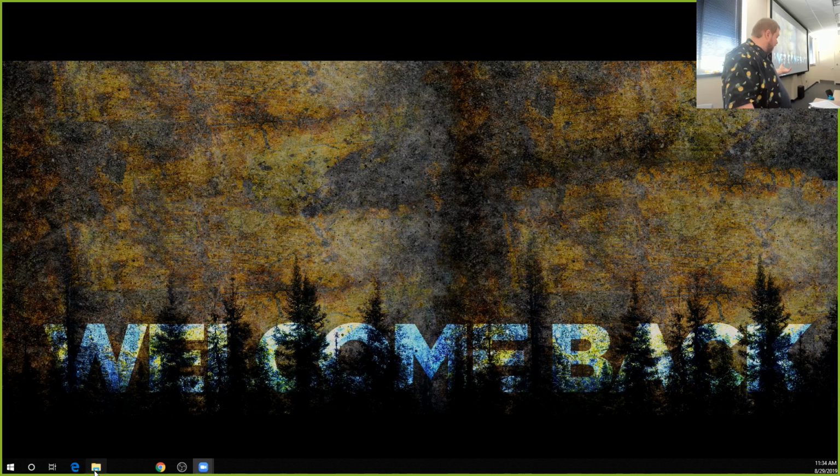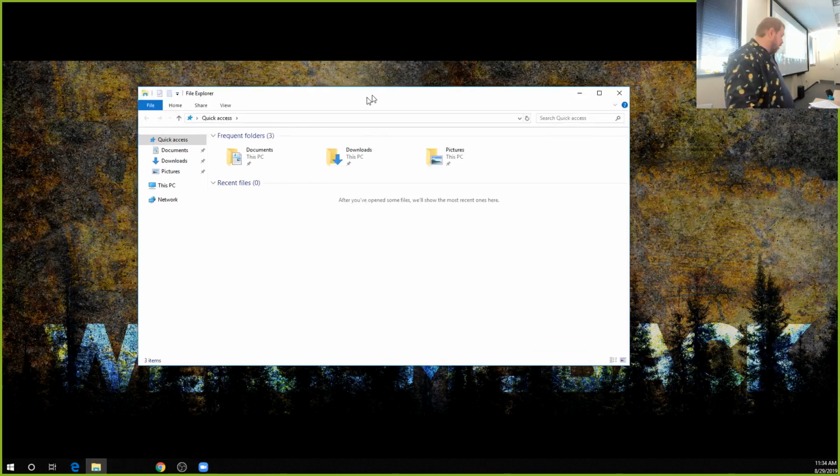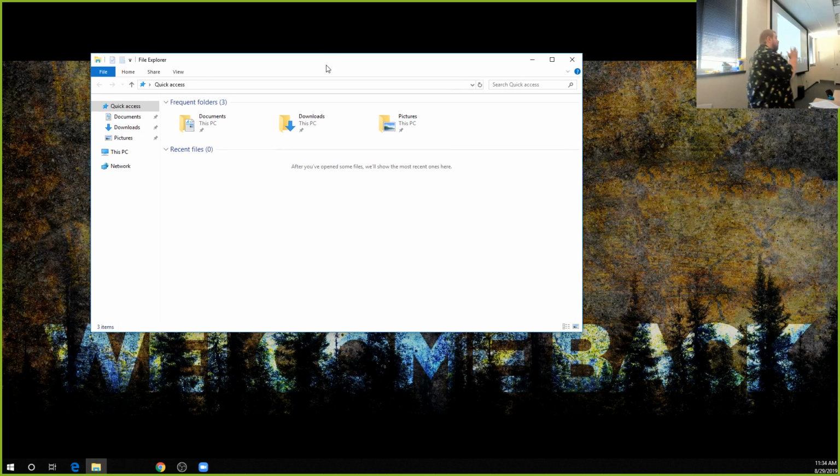If we go down to our File Explorer here, this little folder down here, it's going to open up File Explorer. So we're going to go up to the ETSU E3 server that we've all been talking about. So you've maybe done this for other classes. It's /